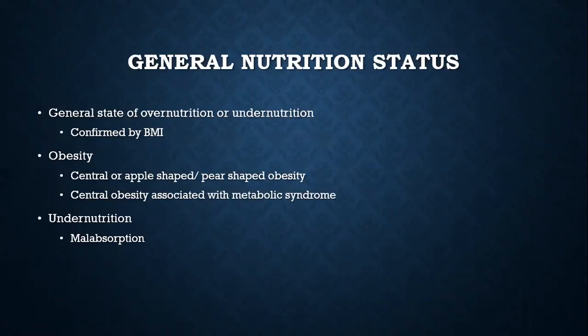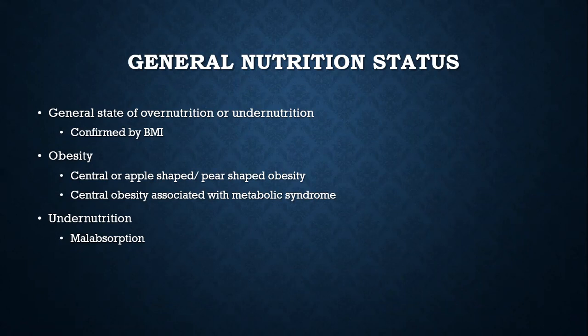Now coming to the nutritional status. A problem with nutrition can be overnutrition or undernutrition. We are not bothered about overnutrition here. Whenever we speak about nutrition, the question always comes in terms of build and nourishment. Build and nourishment are always subjective terms. So to actually settle the nutritional status of the patient, we have to mention the BMI, the height, weight, BMI, and a few other measurements, which I'll discuss later.